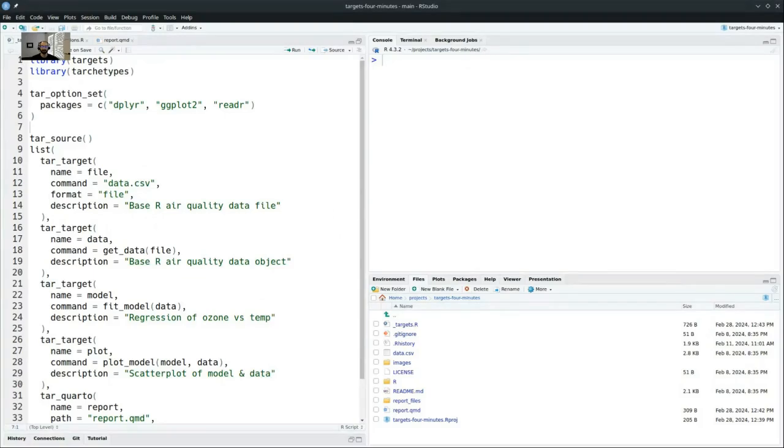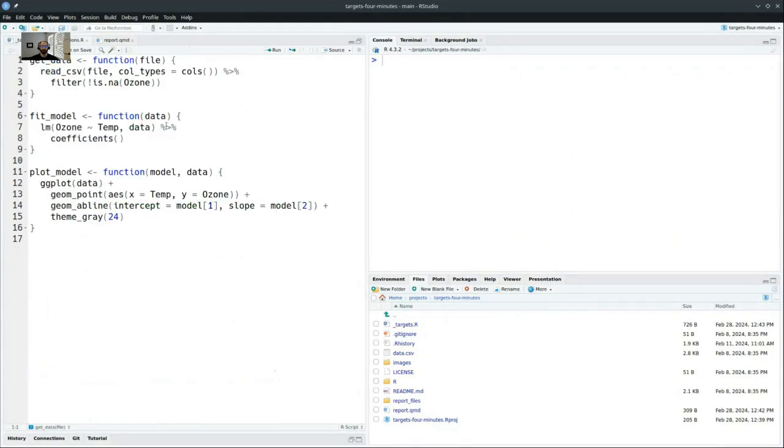And just to start from the beginning, this is a special kind of file that you see in front of us that we'll get to eventually. But what I'd like to do is start with the functions that go into this data analysis project, because from our discussion about the word transformation and how it applies to data analysis, the functions in R are just such a natural building block to describe transformations, especially pure ones where they don't write files in and of themselves, but they return an object at the end that really has everything that you might care about